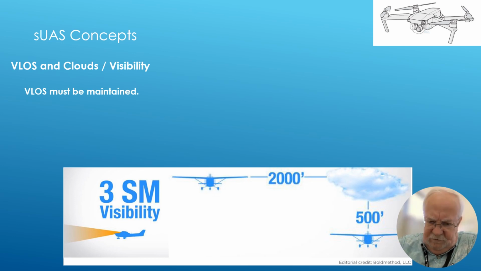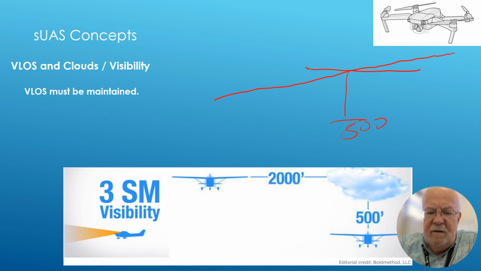So anyway, the diagram is pretty accurate. It's showing a manned aircraft, of course, but that's the same criteria. I'll elaborate just slightly. We're running out of time, but as manned aircraft are descending, they don't just come straight down. They come down at a nice shallow angle. So if we're 500 feet below the cloud layer, that gives them time to see us if they're coming through the clouds, but also gives us an opportunity to see them, right? Now, if they're diving straight down, then there would not be enough time.